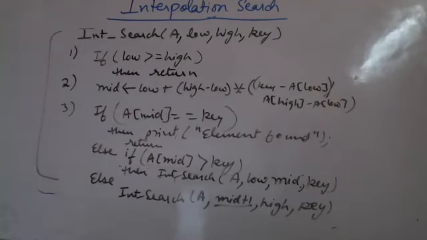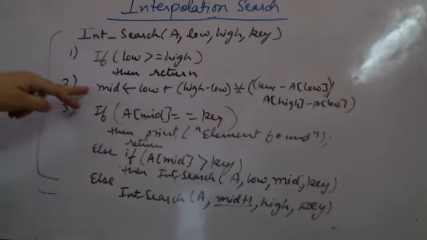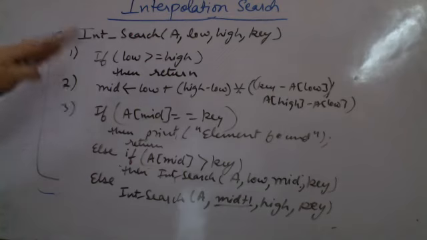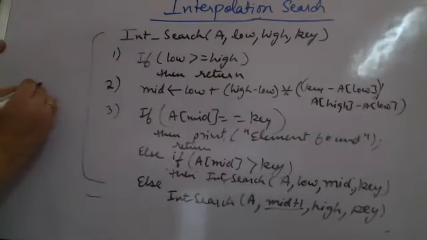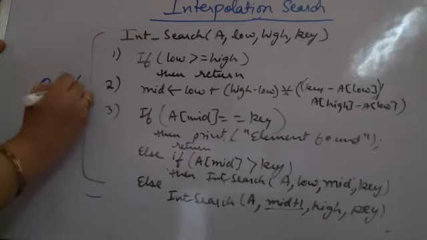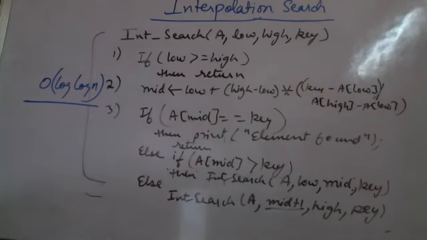So within this search, if I try to find out the complexity, based on the number of times the mid will change, the complexity is of the order log of log n. It is even better than binary search complexity. The complexity even in the worst case is of the order log of log n. Since we are having it in that manner, it will be like this only.